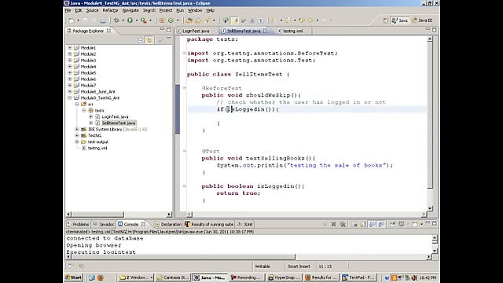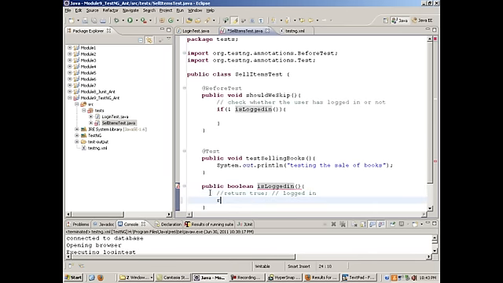If the user has not logged in, you put a not sign over here. Not of true will be false. So when it is returning true, that means that the user has logged in. So if it returns true, not of true will be false, so the control will not go inside the if statement. But if it returns you false,